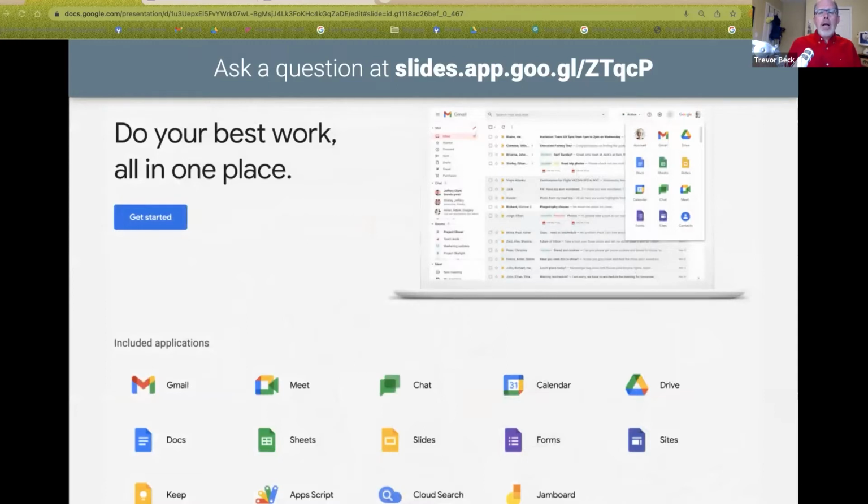And these are just an example of some of the different apps that are available. Basically, you've got a Gmail designed specifically for your organization. We talked about video meets. There's a chat function, which is very similar to Facebook Messenger, but it's for Google people and it's for your group. So your board or whoever it is can have a group together and have communication going on through there. Lots of great communication tools are available to you.